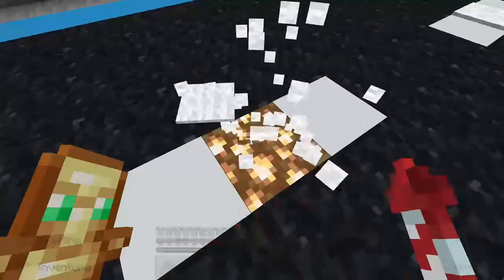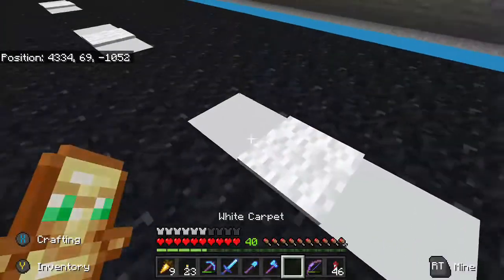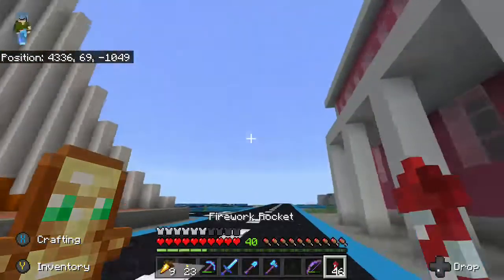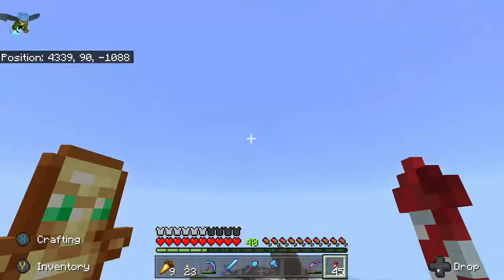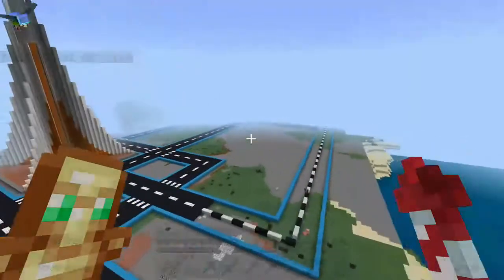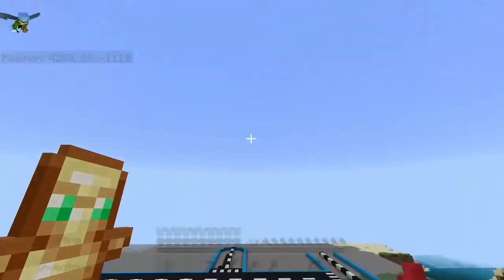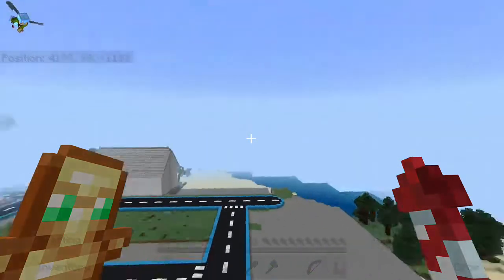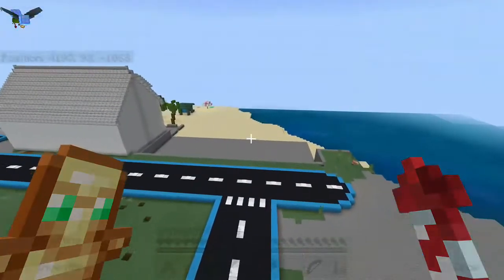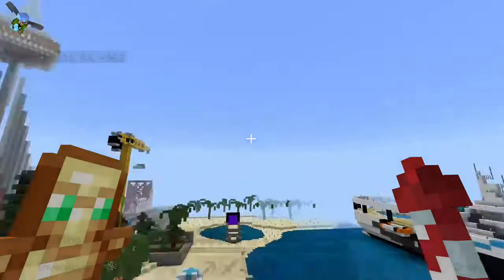I've gone round and replaced all these with lights, so the roads light up at night, and it looks very pretty. I haven't finished flattening this out yet, but I've started expanding the roads out entirely around the island. I have flattened out this bit of the beach here, which is where we're going to be doing our work today,